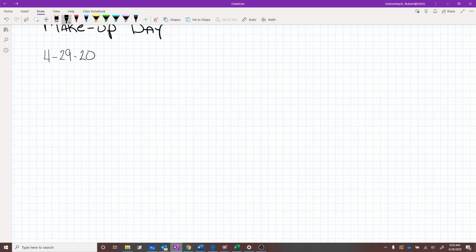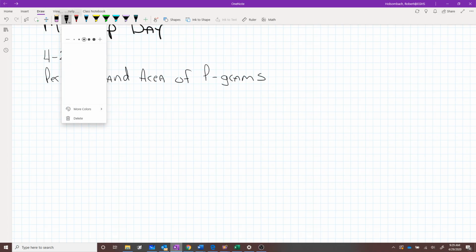It's almost May 1, and what we're going to do today is continue to talk about the perimeter and area of parallelograms. We decided last week that we were going to call them p-grams, and that way we didn't have to write out the word parallelogram every time we referred to the shape. So what we said